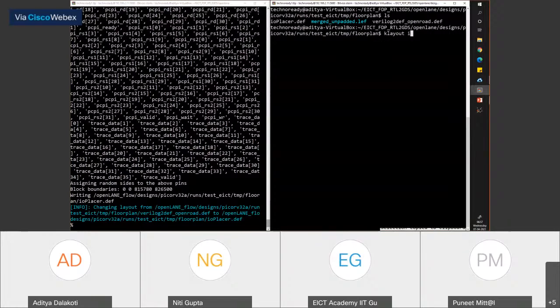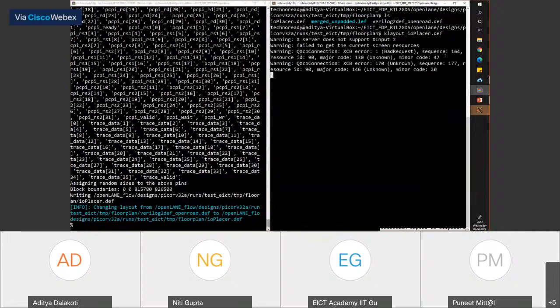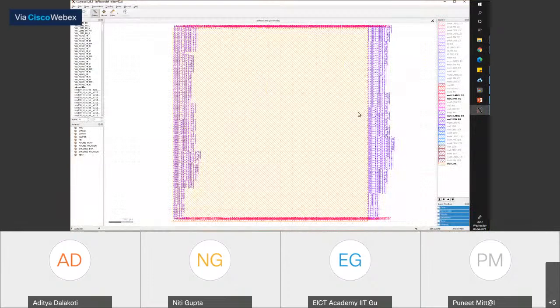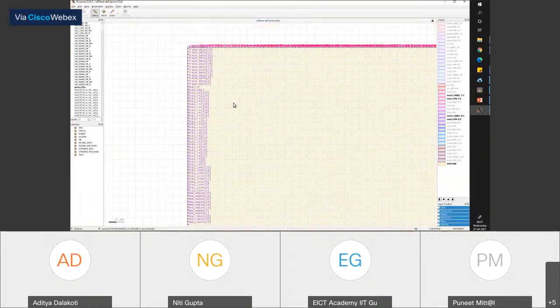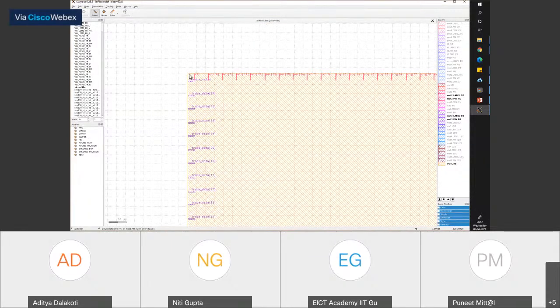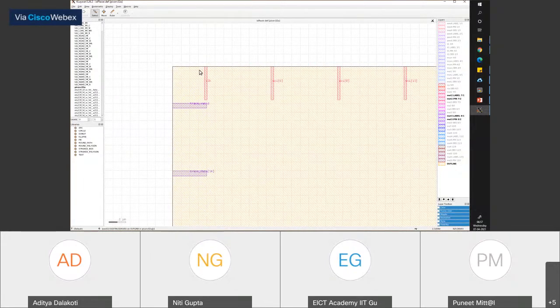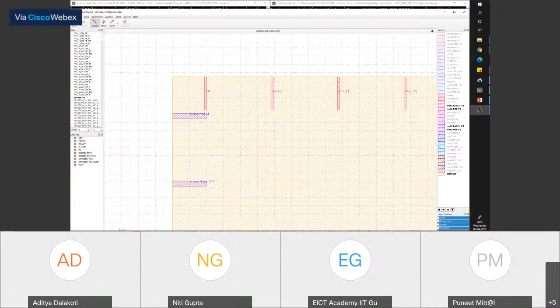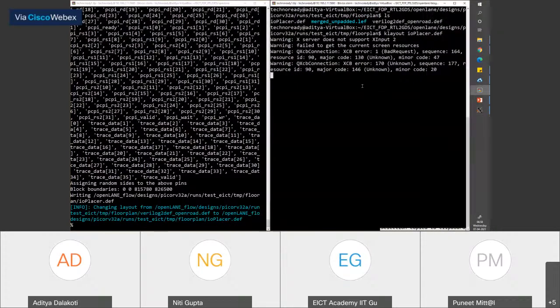Okay. Let's see what comes up. So what was my config file? In my config file, I said that place clock on the top left, north direction. Let me open my config file as well in parallel. Let me put this here. Let's see, where is my config file?